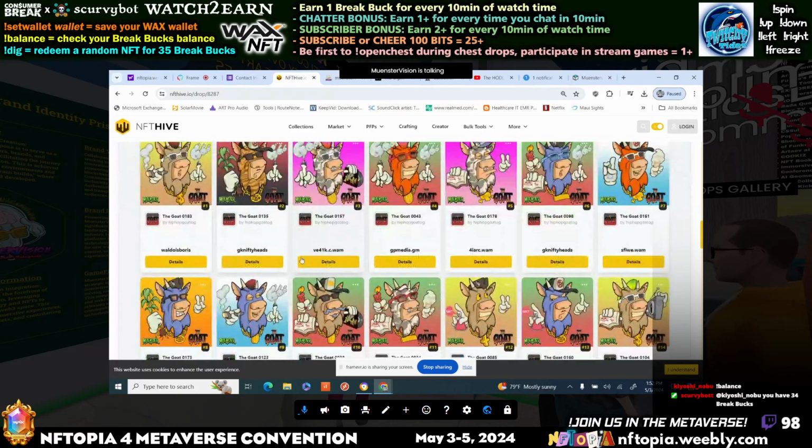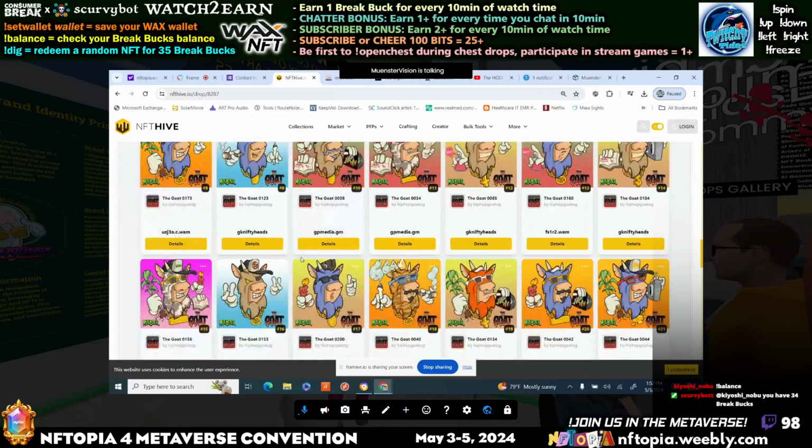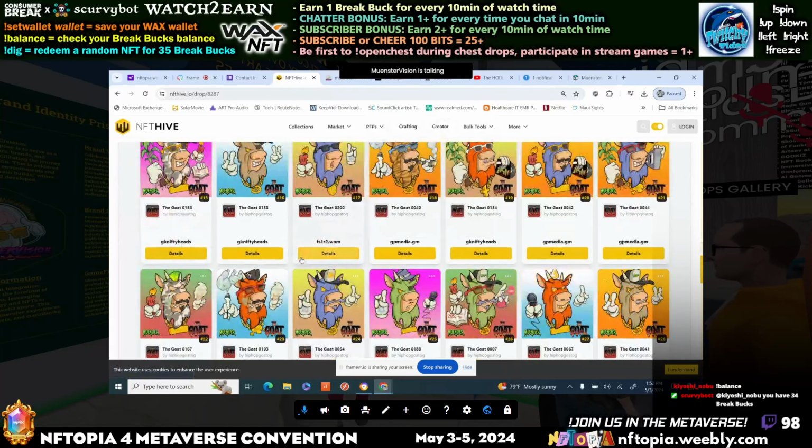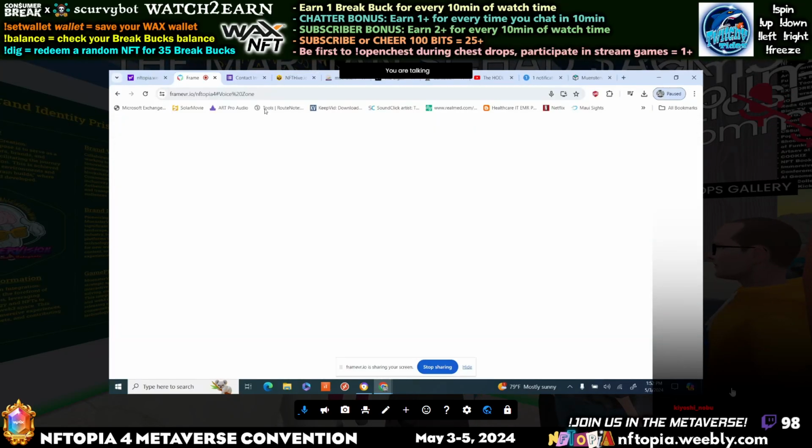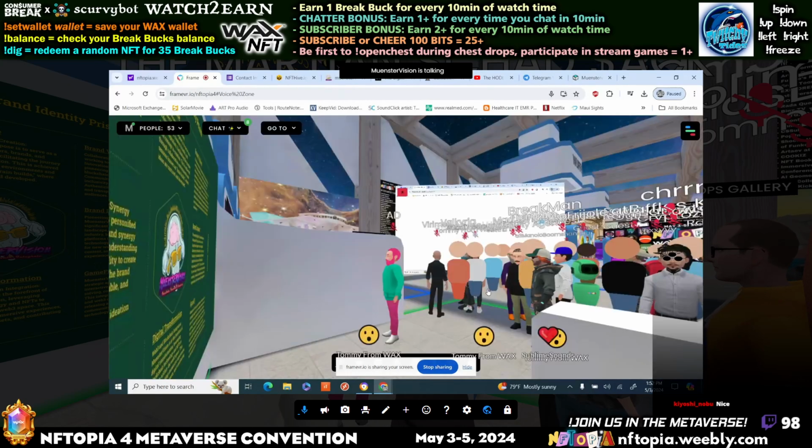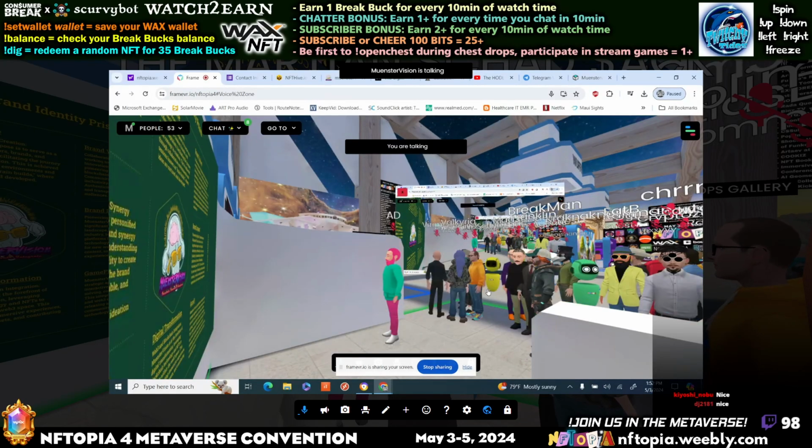So the GOAT PFP drop is my first collaborative PFP drop with anybody. If you land one with a CD record shown, then you will get a physical merch mint sent to you. That's fun. So you have a rare trait there, and if you get that trait, it's like pulling a mythic, and you'll get something in the mail. That's what's up right there.